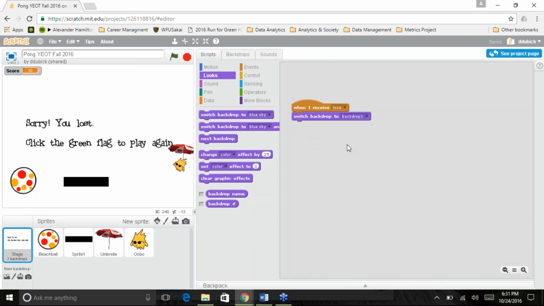What do I need to add to this stage so that a person can play a second time and have the backdrop switch back? Does anyone remember the kind of